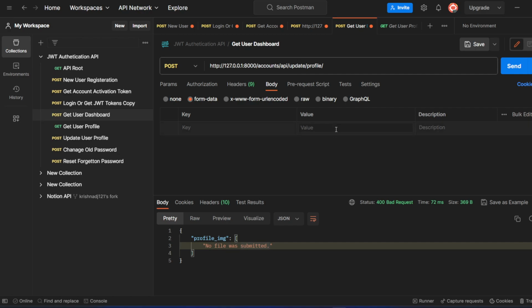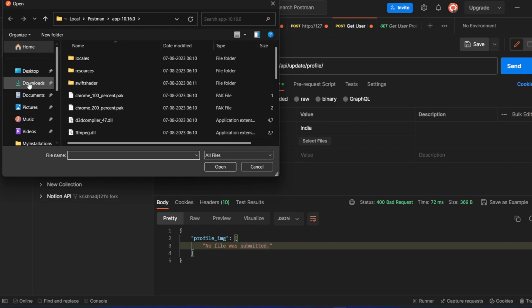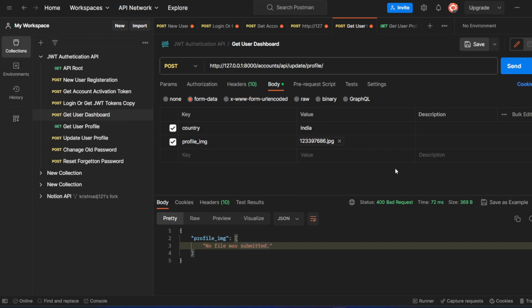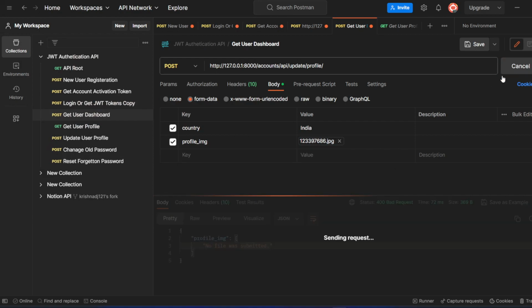so let's see, country this time India, and the key name will be country, and we are also going to use here an image. So we are looking for files. So this time it's profile img, and here we select our profile image. So I will go into my desktop and I will choose one of my images. So this sends the request,